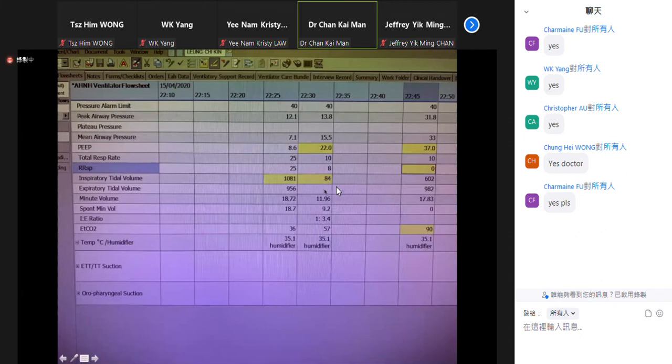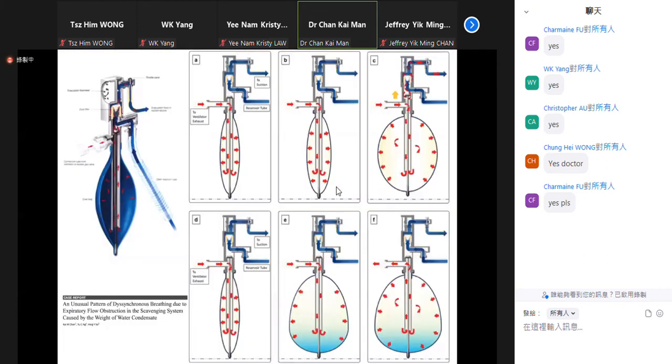And we look a bit more at the details in the numbers. Actually, the volume shows there's no mandatory rate at that time. There's no spontaneous rate at that time, just over mandatory rate of 10. Now, so for you to have a better picture of what has happened, this is the structure of the scavenger,